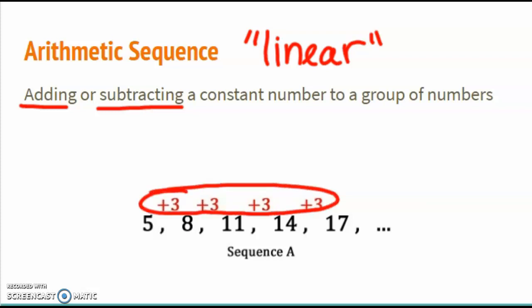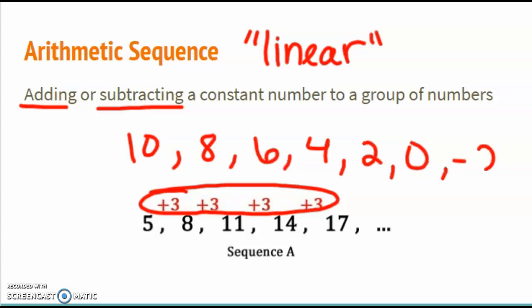So notice in this sequence we go from 5 to 8 to 11 to 14 to 17. We're adding 3 every single time. Okay, we could also do a sequence like this, where we are subtracting by 2 every single time. Okay, a sequence that does not work